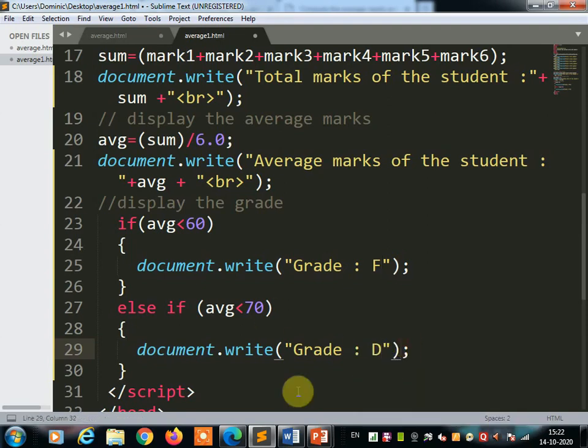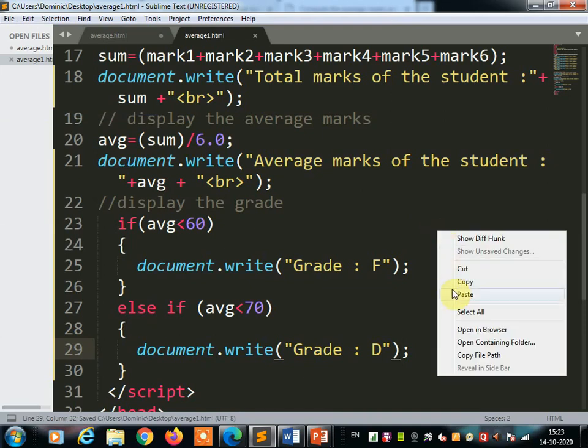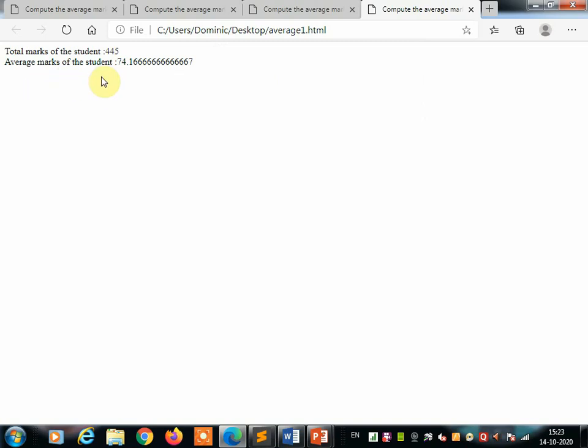Okay, now let's check. Save this program, open in the browser, and now we are going to enter marks so that the average goes above 60. So we are going to enter 80, 70, 60, 65, 80, 90. Okay, yes, 70 above.